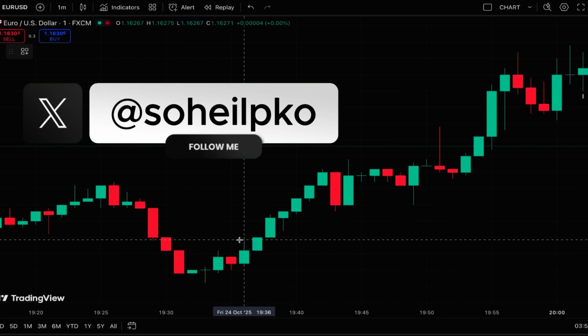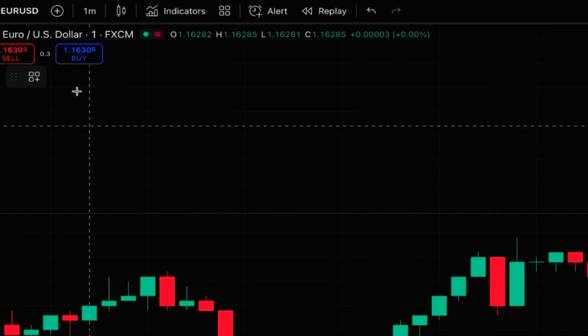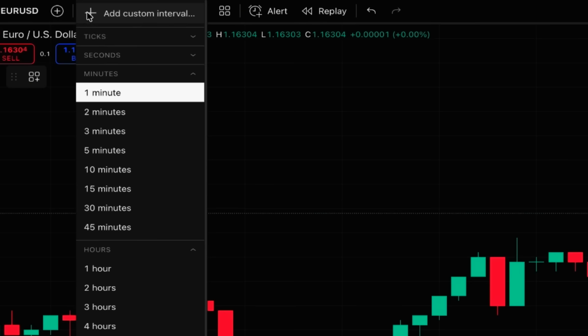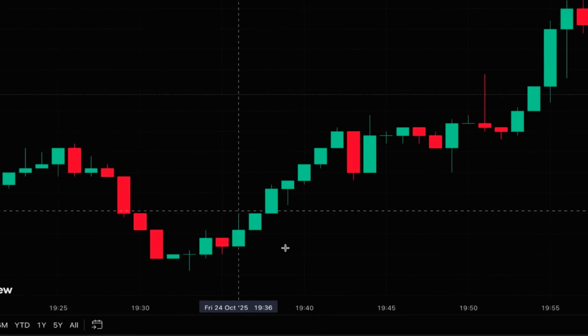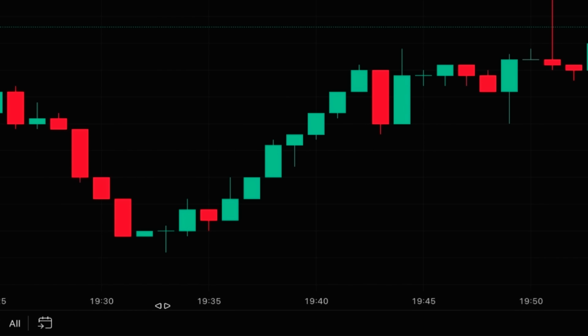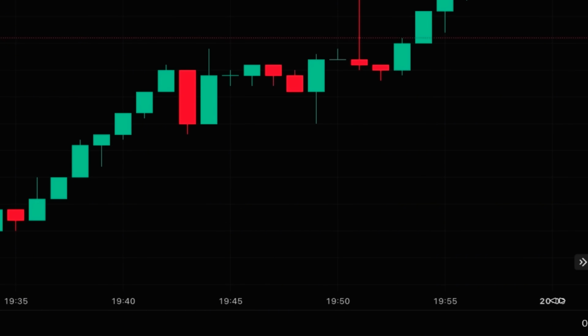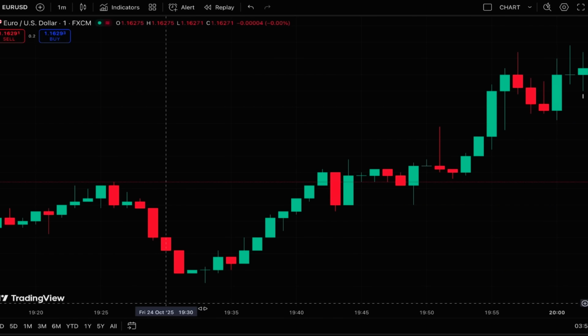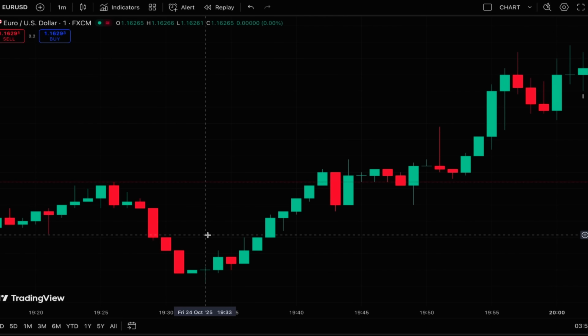First of all, this trading strategy is for 1 minute time frame. So here the time frame of the chart should be set at 1 minute. In the next step, by zooming in and zooming out, we make the scaling of the time axis based on multiple of 5, like this: 30, 35, 40, 45, 50, 55, and so on. In the next step, we prepare and mark the price chart and then start tracking the price action to find